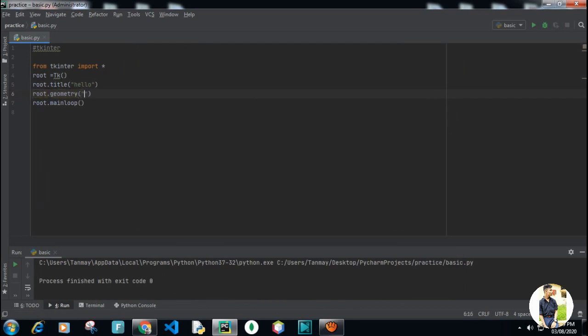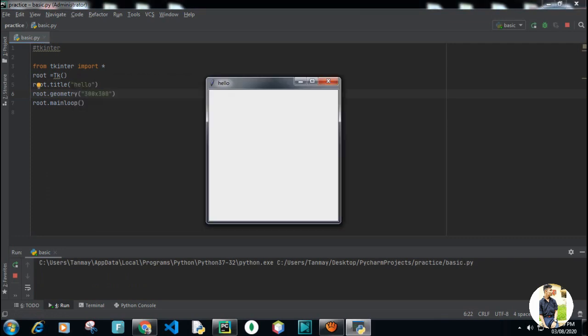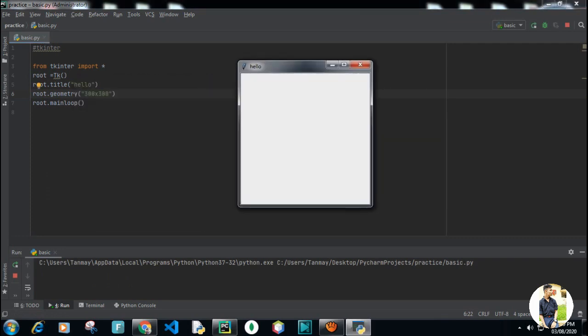Geometry, like I will go 300 by 300, in which the first 300 stands for width and the second one stands for height. So keep that in your mind. This is our window, 300 by 300.